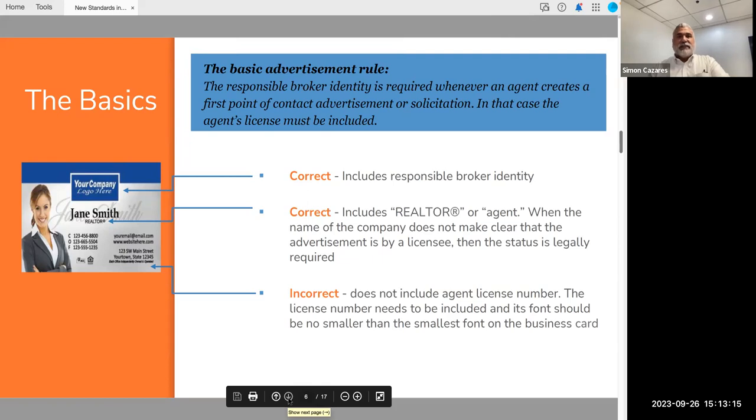We are licensed to conduct business in the state of California and to provide services rendering a commission, compensation. With that, you have to understand that any marketing material that you provide has to reflect the name and the license number, just like any other profession. A contractor is an example. Have you ever worked with a general contractor,